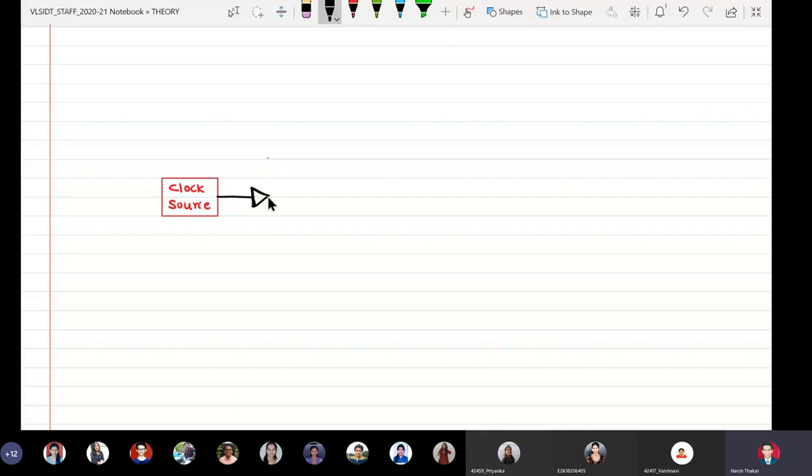Please understand one thing: if I put a bubble here, then it becomes a NOT gate, but it is not a NOT gate, it's a buffer now. A buffer is nothing but a current booster, and it is given to this thing. Now I will start drawing it.